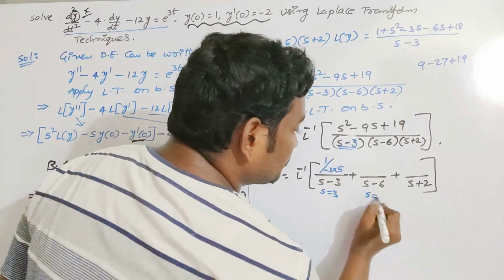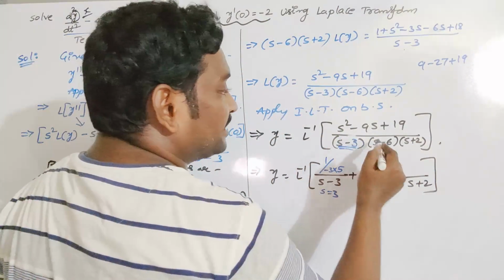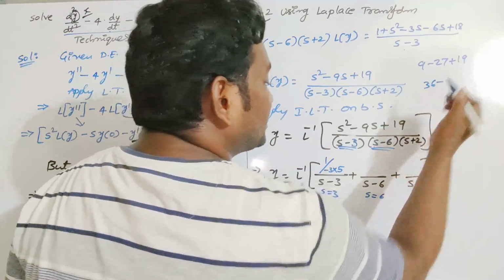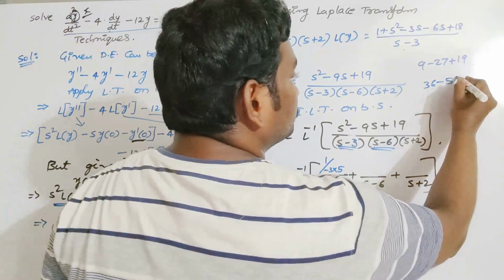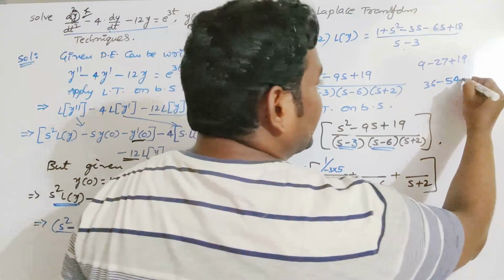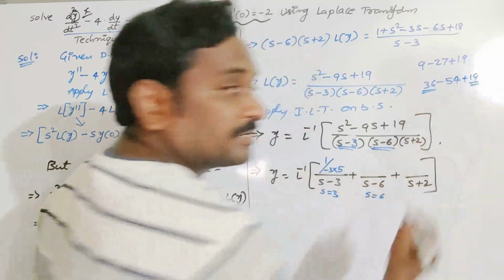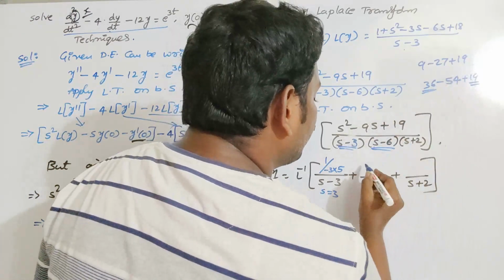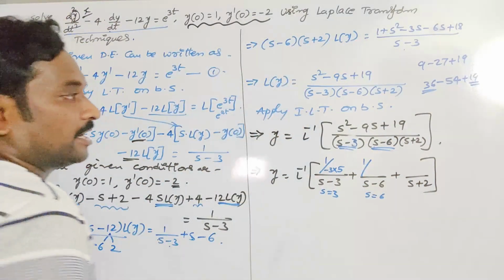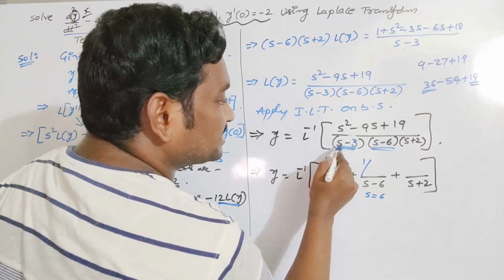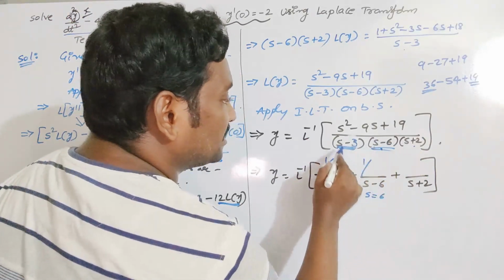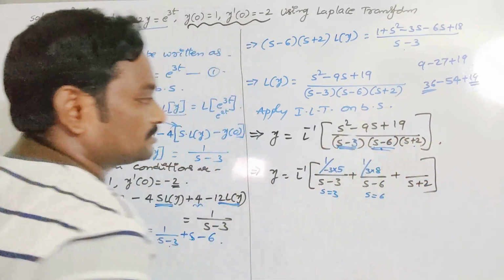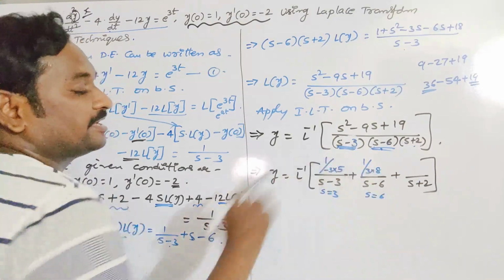Now replace s is equal to 6 in the remaining term except s minus 6. So you will get 6 square, it would be 36 minus 6 9s are 54 plus 19 is there. So 36 plus 19. What is 36 plus 19? 45 plus 10, it would be 55. 55 minus 54, it would be again 1. And in the denominator we have to replace s is equal to 6 in this one and in this one. Don't replace in this one. 6 minus 3, it would be 3. And 6 plus 2, it would be 8. So 1 by 24 is the numerator value of s minus 6.